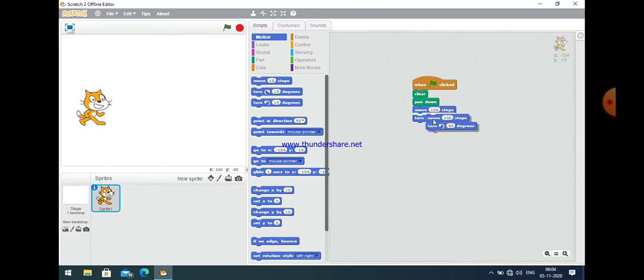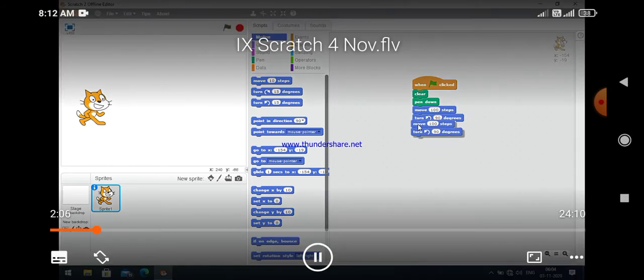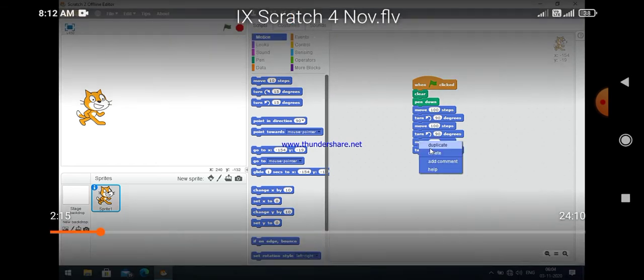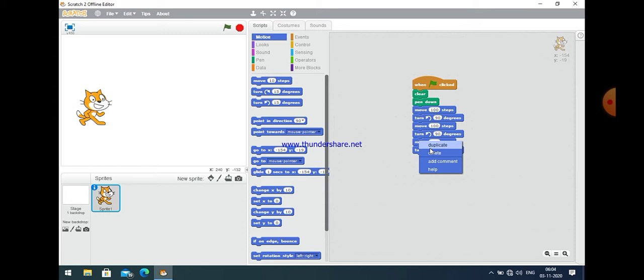And if you want to make a copy of it, then it is also possible. Just right click, and there is an option duplicate, so you can make a duplicate of it. Okay, so you can make any copy of it just like that. So basically every time the object moves 100 steps, and then after 100 steps it takes a turn of 90 degrees anti-clockwise. Okay,